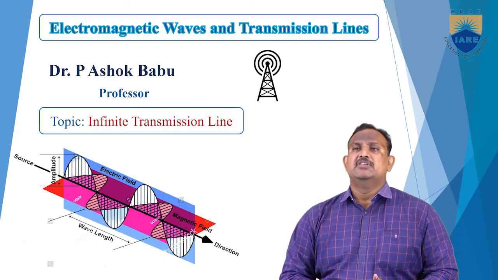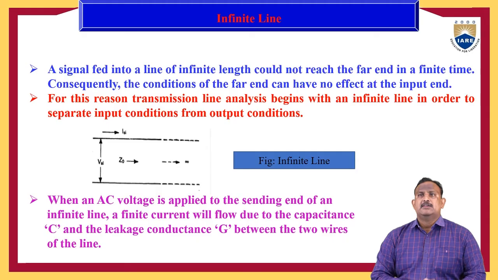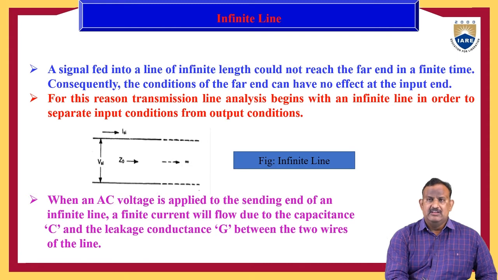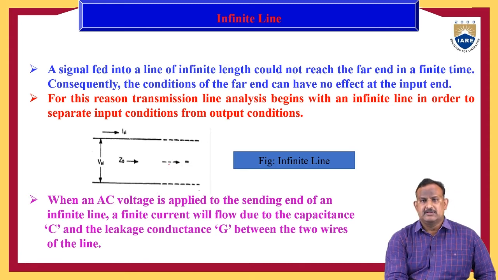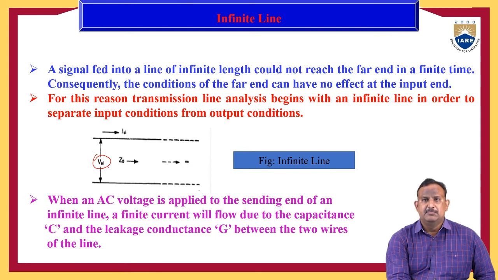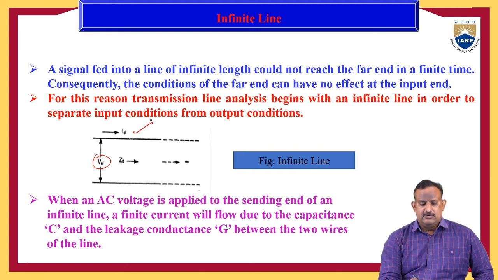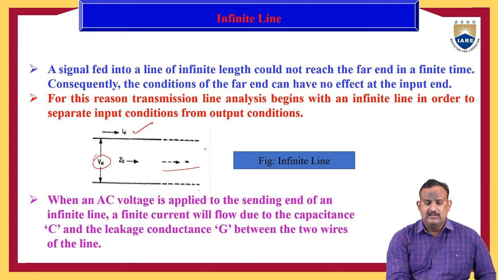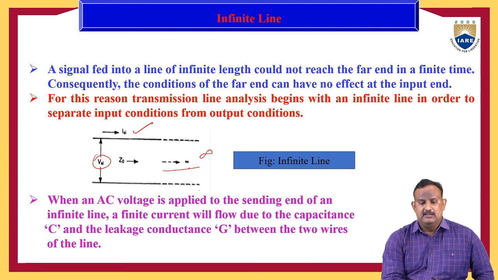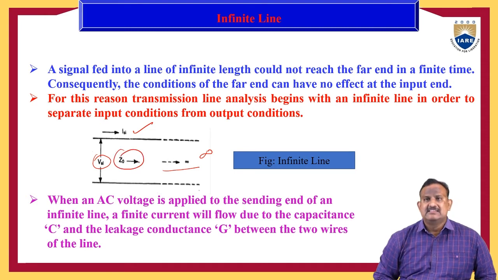In this video, I am going to discuss the infinite transmission line. Here is the circuit of an infinite transmission line. It is the input part. We have VSI, the input voltage applied to the sending end, and ISI, the sending end current. Because of infinite length, we have infinity along the length of the transmission line, and let us say it has the impedance Z0.